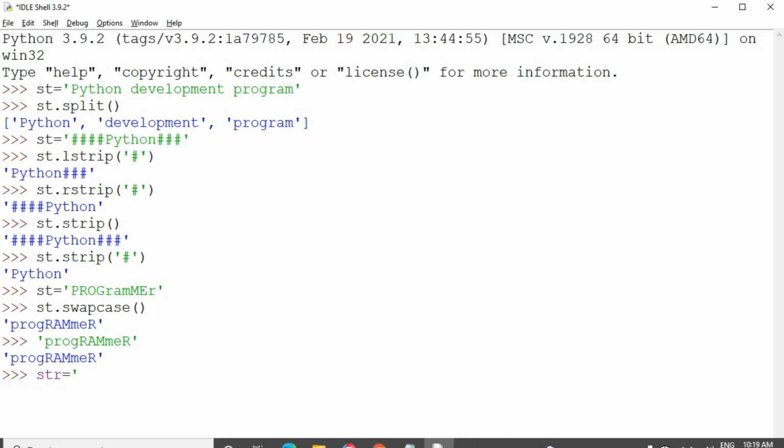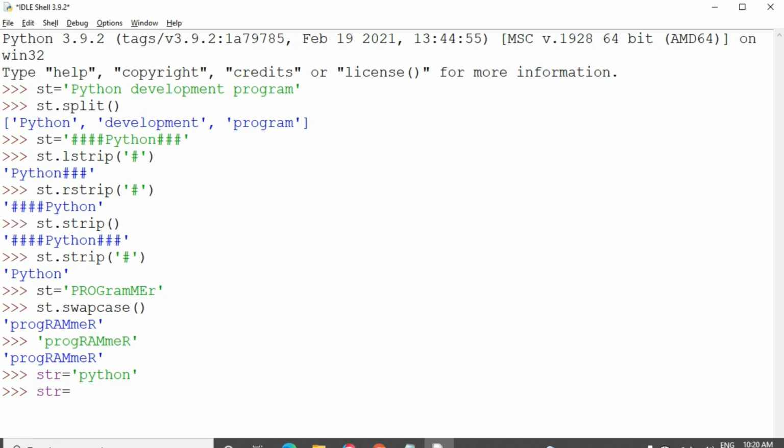I'm taking the string equal to Python. And I'm going to reverse the string into NOHTYP.